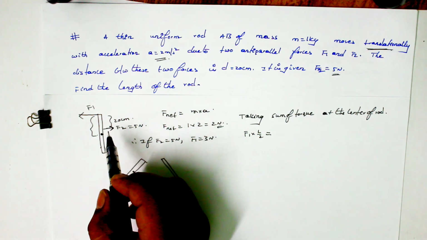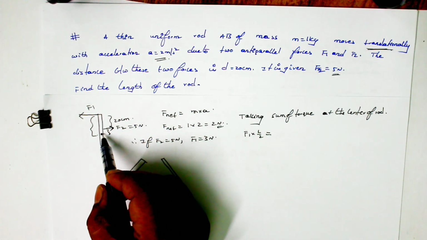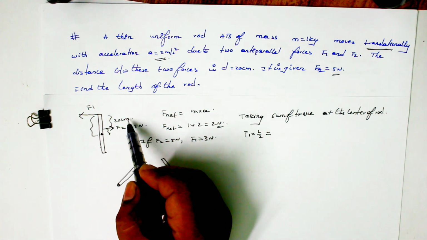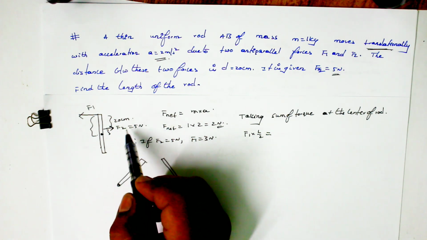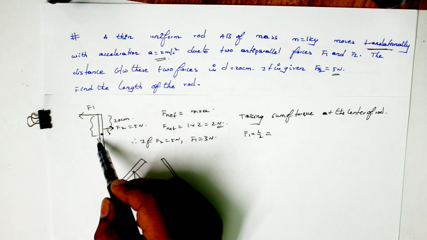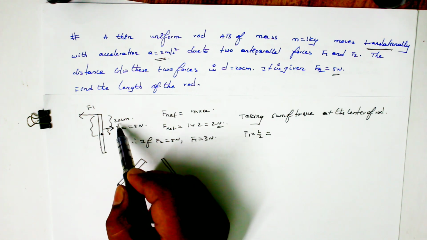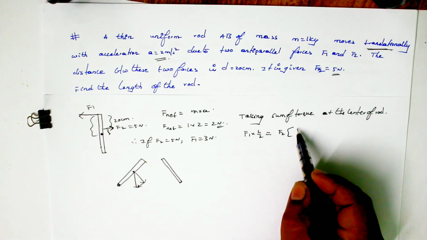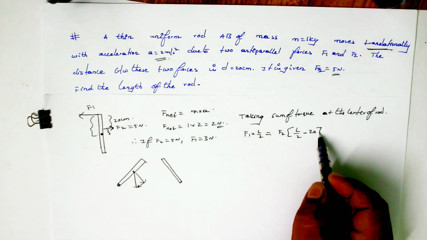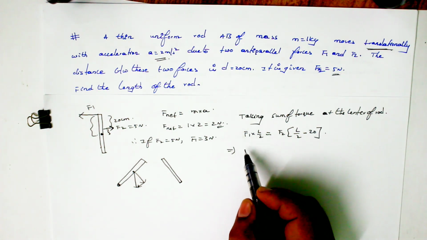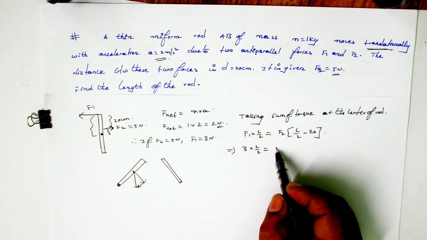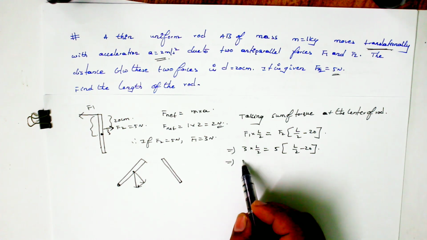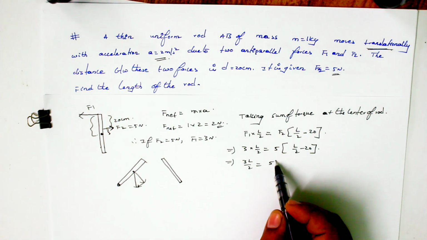Now what about this distance? F2 is present at this distance from this axis of rotation, or in terms of L by 2 and 20 centimeter I can also write. F2 is present at a distance of total L by 2 minus a distance of 20 centimeter, then it will give only this distance. So therefore I can write F2 into L by 2 minus 20 centimeter. So the F1 value we have already calculated, 3 into L by 2 is equal to F2, which is 5 into L by 2 minus 20. So therefore 3L by 2 is equal to 5L